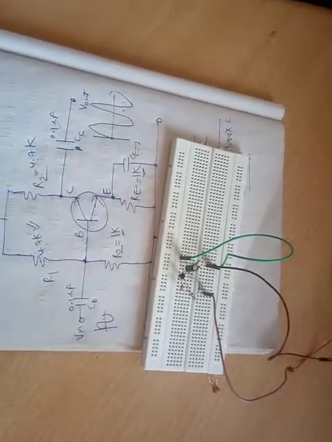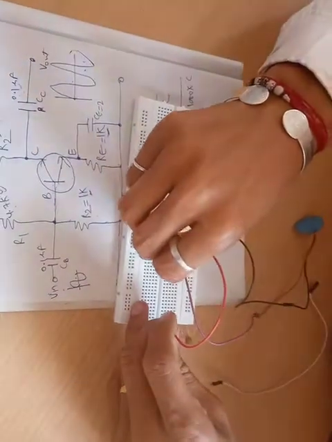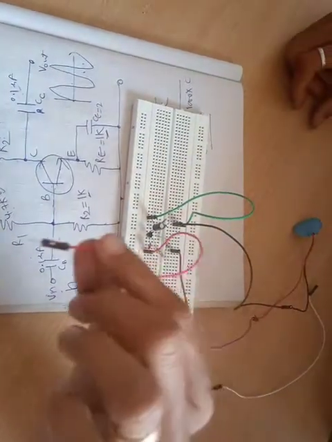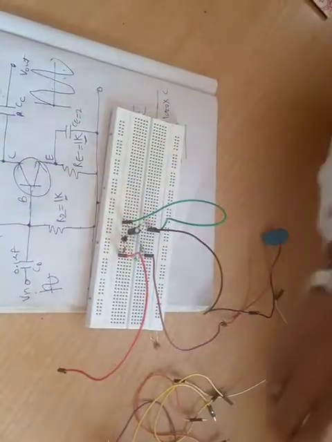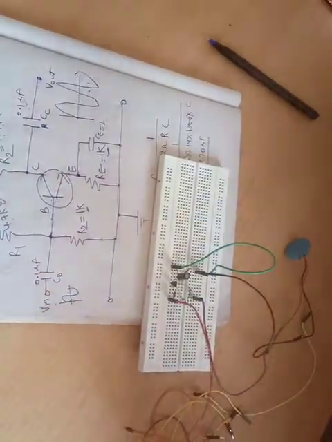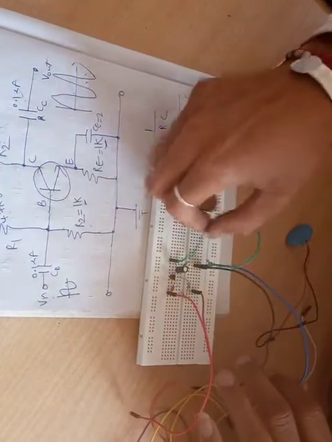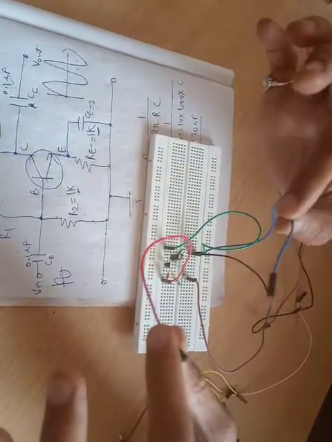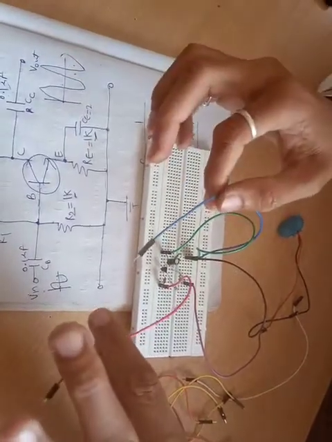Now, I will take the output from the CRO. So let me select this red pin here. So this pin will be connected to the output positive terminal of the CRO. Now, to take the output, the output will be connected in between this red pin and the ground line. So where is the ground line? The ground line is this one, or we can say this one is also the ground line because that is directly shorted. So in between the red and blue wire, we will take the output. That will be a boosted signal definitely.